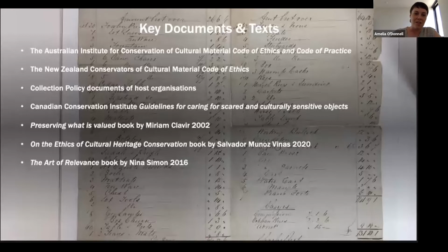There are some key documents and texts that are influencing my research that I refer to quite often throughout the process. So one of those is the Australian Institute for Conservation of Cultural Materials Code of Ethics and Code of Practice. This is the professional guidelines for conservators in Australia. This is our professional body who represents us. The New Zealand Conservators of Cultural Material Code of Ethics. The various collection policy documents of the host organisations, which is sort of the high level